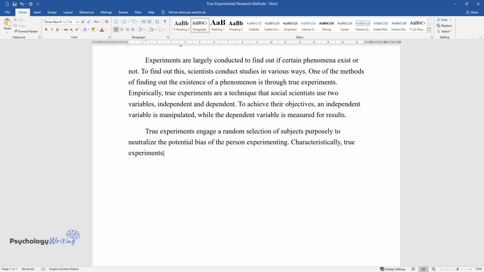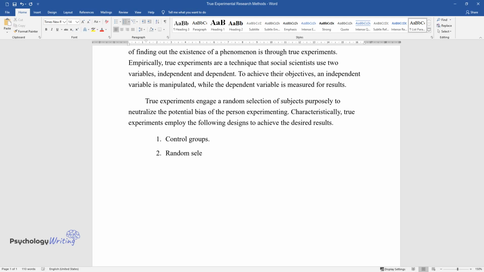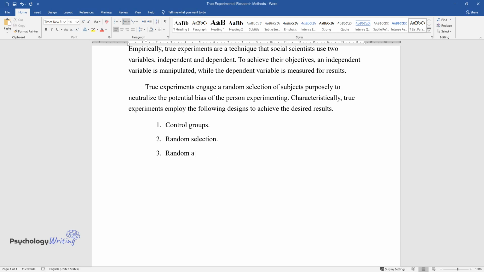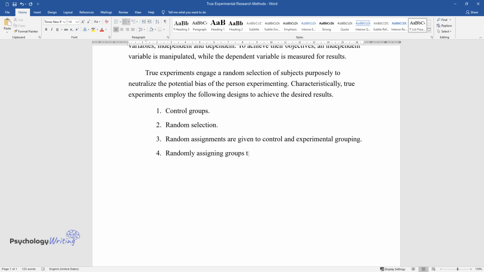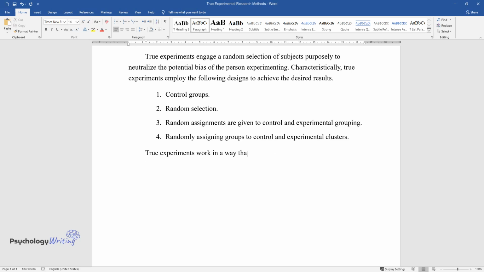Characteristically, true experiments employ the following designs to achieve the desired results. Control groups. Random selection. Random assignments are given to control and experimental grouping. Randomly assigning groups to control and experimental clusters. True experiments work in a way that all aspects of the research are kept stable except one, the one that